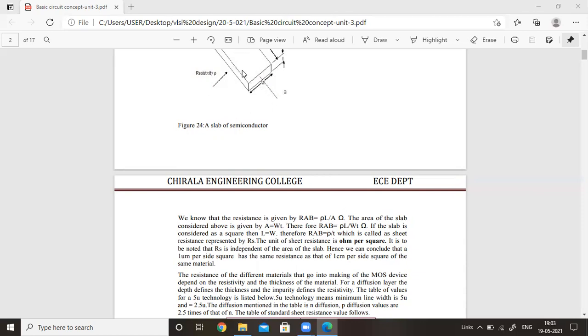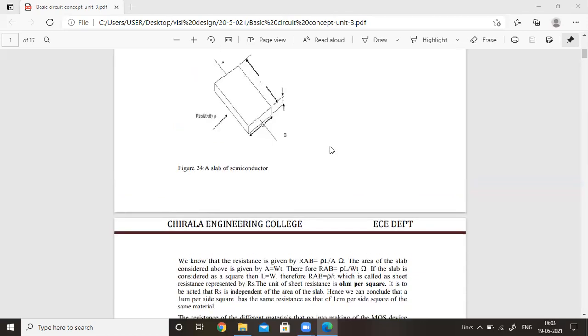Because like this, we have different layers in the form of slabs. For example, assume that the slab is a square, because we are going to consider this whenever the transistor is formed. When is the transistor formed? Basically, whenever the polysilicon layer crosses the Thinox layer, a transistor is formed.